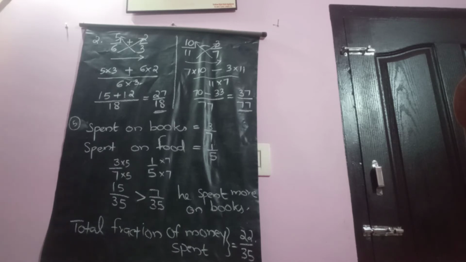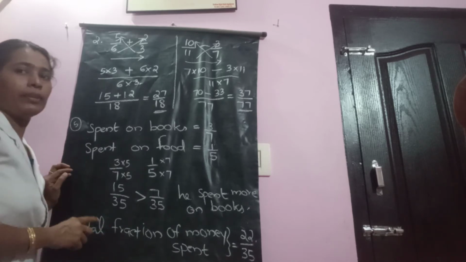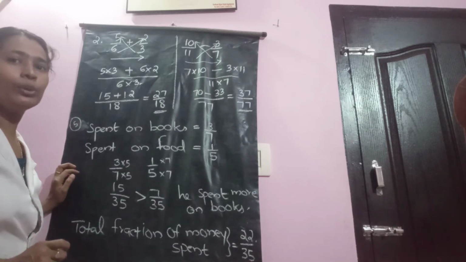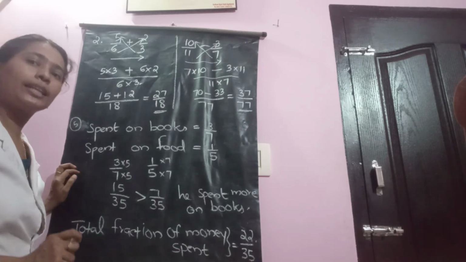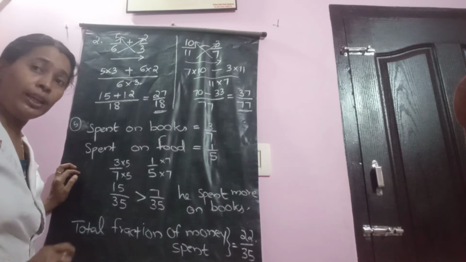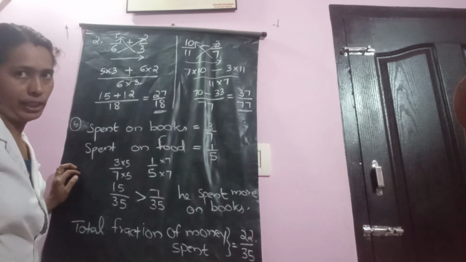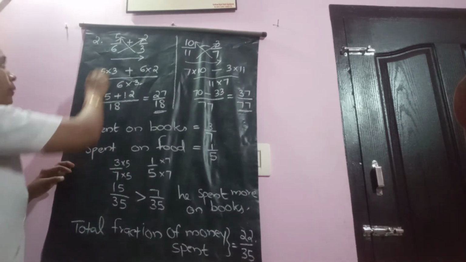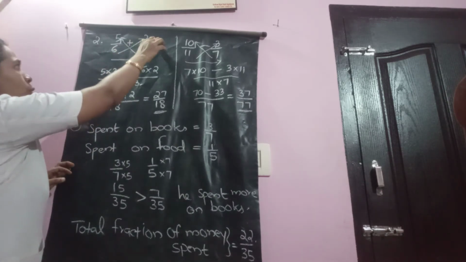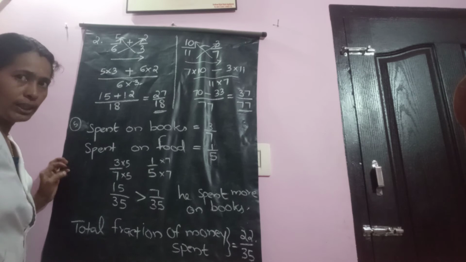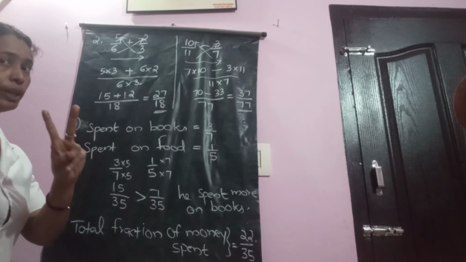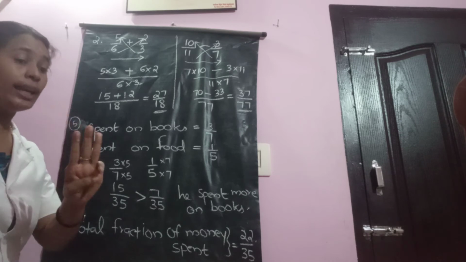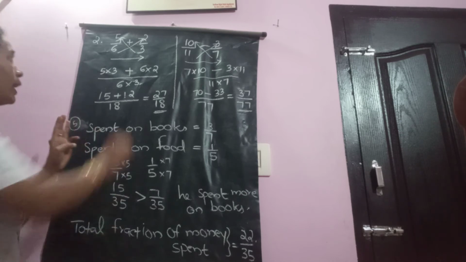Let us continue with another type, that is addition and subtraction of fractions using cross multiplication. So let us see what we can do with the same. 5 by 6 plus 2 by 3 is given to us. In the comparison case, the teacher told you we need 2 arrow marks. But now the teacher is telling we need 3 arrow marks at a time. Look at the arrow marks.